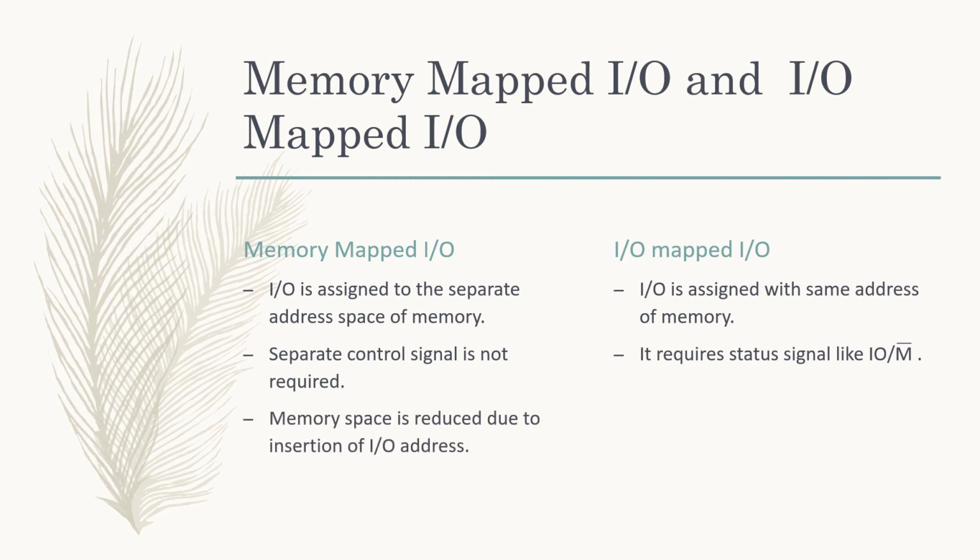Memory space is reduced due to insertion of IO addresses. Here you can see, students, the memory address is different and the input-output address is different. So when I compare with normal devices, the memory space address will be reduced here. Here full memory will be used because input-output and memory both occupy the same space, so the full memory address is used. Devices using memory mapped input-output always use 16-bit registers, and in IO mapped input-output it always uses 8-bit registers.